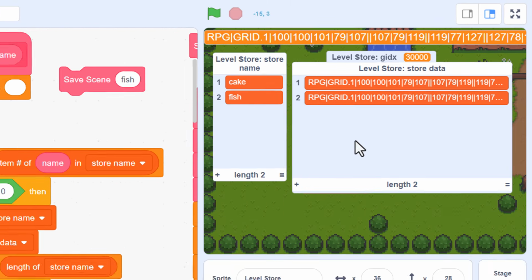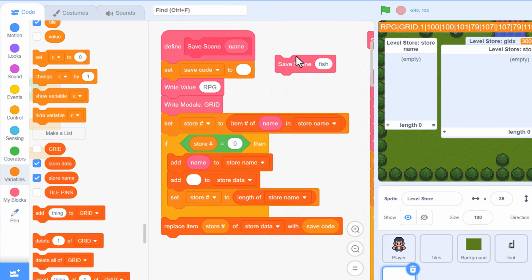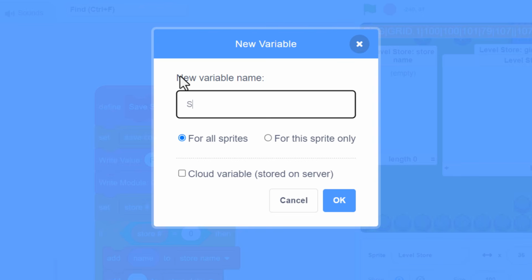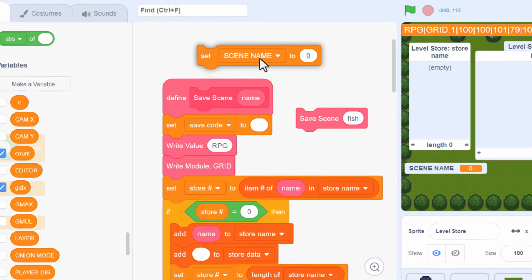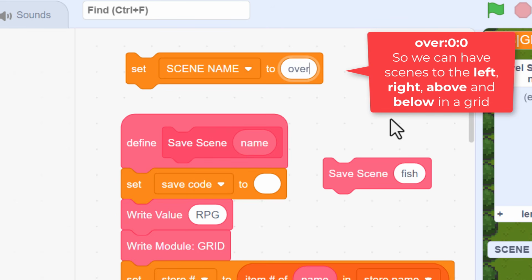Of course, cake and fish are not the most suitable names for our scene. I'll delete all those for a fresh start. To keep track of the active scene we are viewing, make a new variable, scene name, for all sprites. This first scene can be named over, short for overworld, but tack on the end